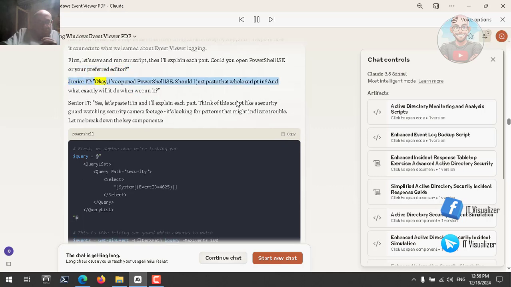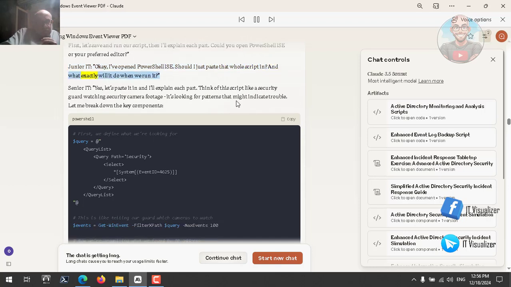Junior IT. Okay, I've opened PowerShell ISE. Should I just paste that whole script in? And what exactly